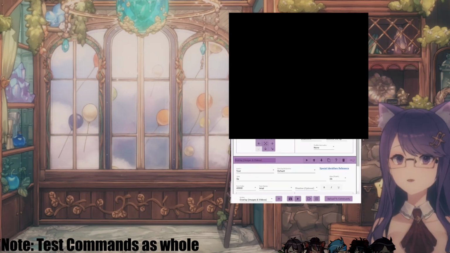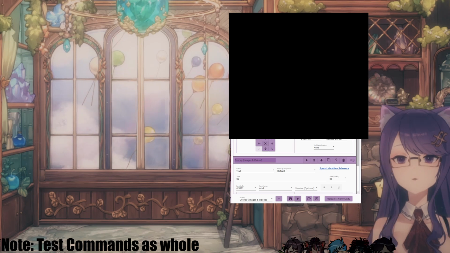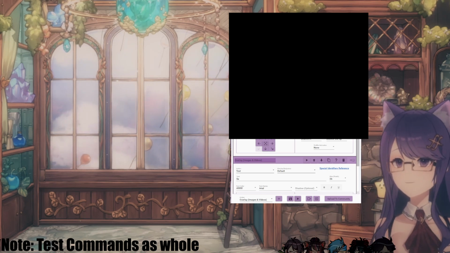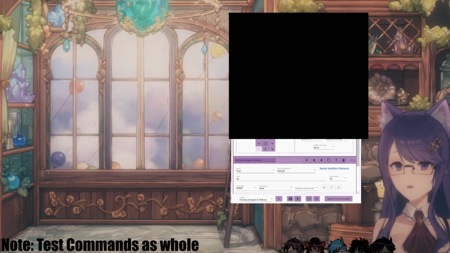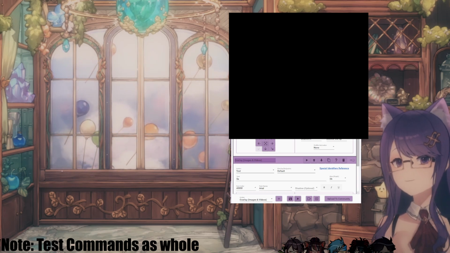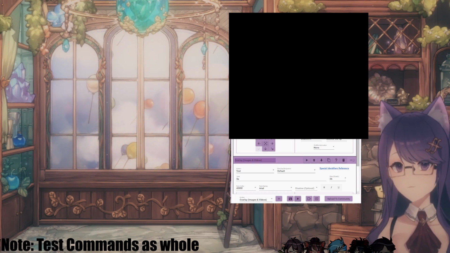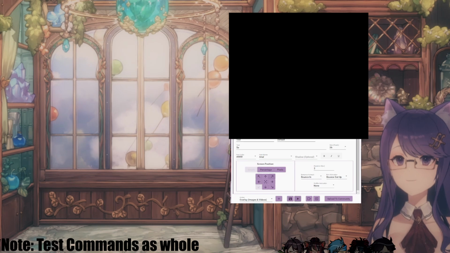Just a heads up as well. I made this same mistake before, but when you're testing out your daily redeem, don't test them via action. Don't press these individually. You want to test the command as a whole, because if you press the action individually and not as a